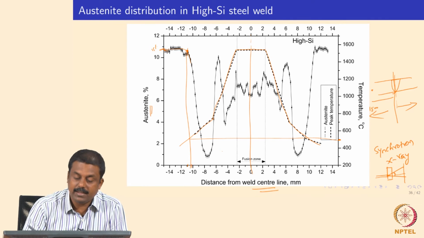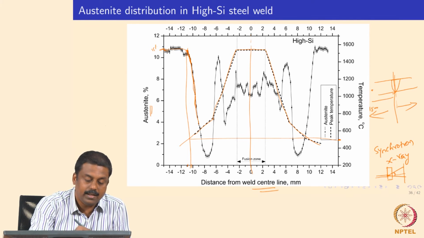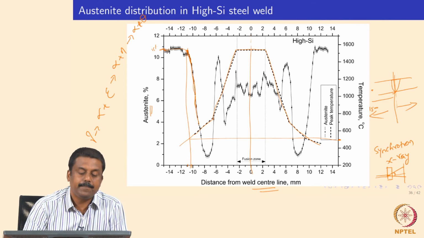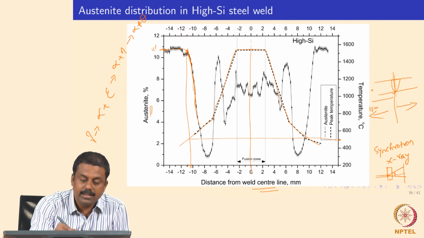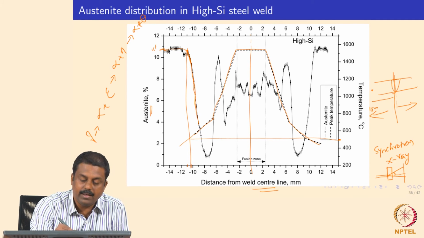So what happens here in this case? The moment the temperature goes around 500 degrees centigrade, the retained austenite fraction starts to decrease. That means that, recall from the magnetic measurements, the retained austenite is transforming into ferrite and the other carbide mixture. So the austenite would start transforming first into epsilon carbide and eta carbide and subsequently cementite, right.